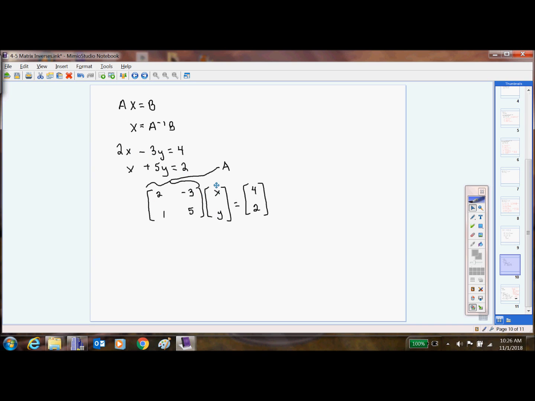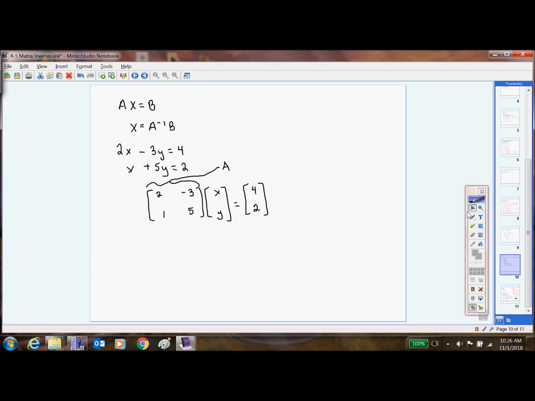Then x and y go into the second matrix. If we think about our matrix multiplication, this makes sense because it would be 2x minus 3y if you take this whole thing as a unit and swirl it up here. And then that would be 1x plus 5y